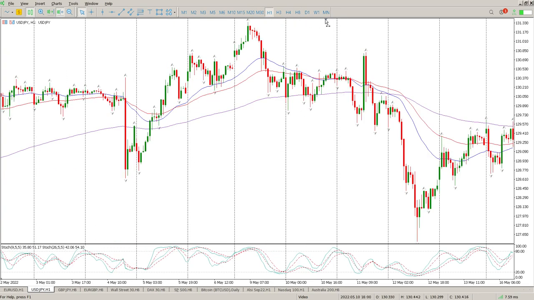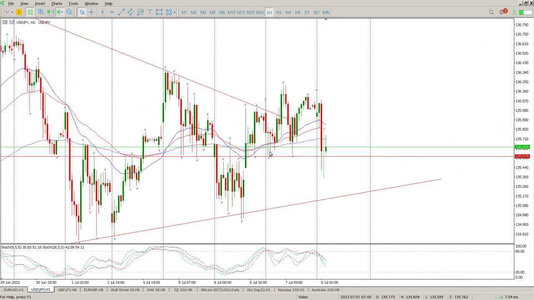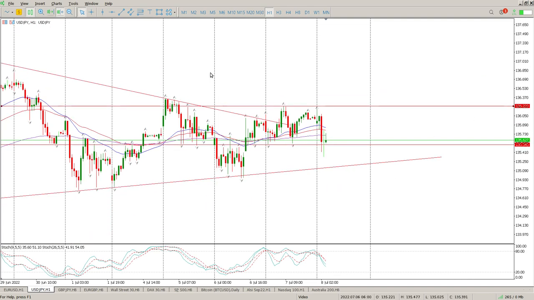If we look at the hour, nothing really happened yesterday. You can see it's very much range bound. You can actually just draw a level on the top of yesterday's high and keep one right here at the bottom, and what you're looking for is a rejection of this level for a move to the downside. That's the first thing. But I think for me, I'm going to want to see us break through the triangle as well as this low from, when was that? Wednesday. So Wednesday's low at